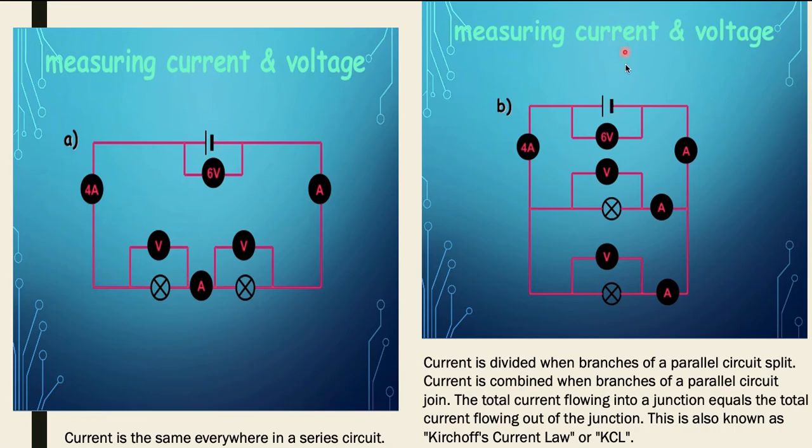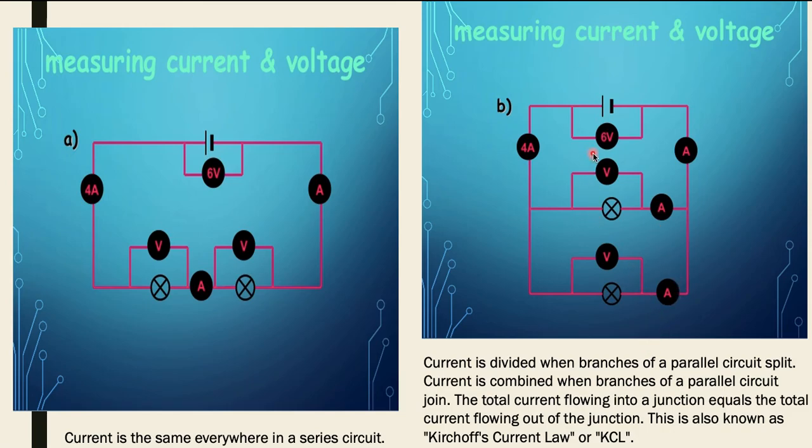This is measuring the current and voltage. This is the short symbol of the negative sign, and this is positive, and this is 4 amperes, and this is also 4 amperes. When the current is divided, the branches of the parallel circuit split it. These have only one branch; if it divided, then the other is divided into two parts. If it is the same path, then 4 amperes equals 4 amperes. This is another path, so the 4 amperes is divided into 2 parts. If the number of parts increases, the amperes are also divided by that number. 4 amperes divided by 2 is 2 amperes and 2 amperes.